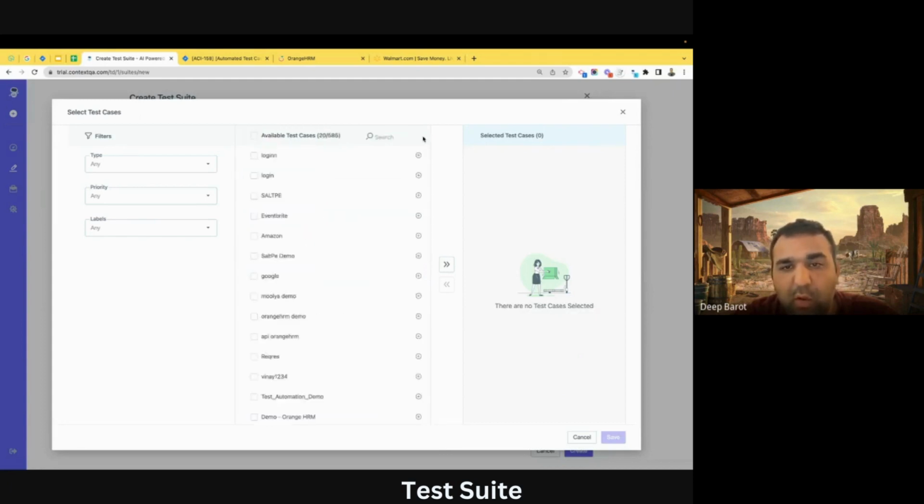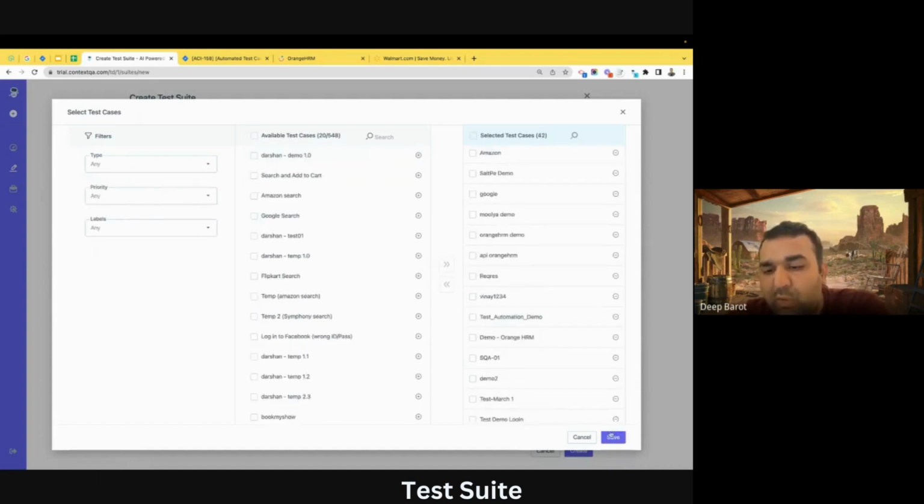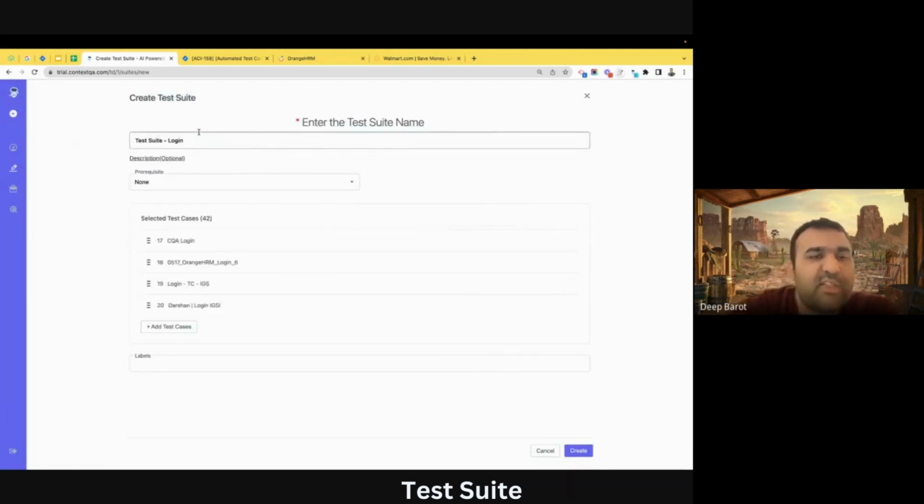add. So these are the test cases you need to do. Once you select whichever test case, you move it here, and it will highlight over here. So you click on save. You are saying that these are the test cases you want to add in this test suite. So this is your feature specific test suite, where you're going to test all the login related functionality separately. And that's where the label is very important, because we will allow you a way to